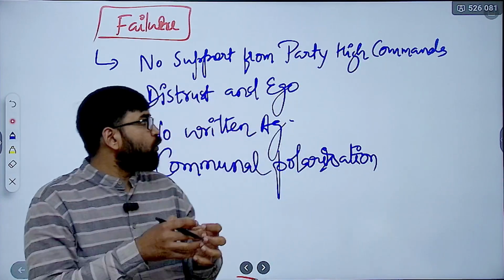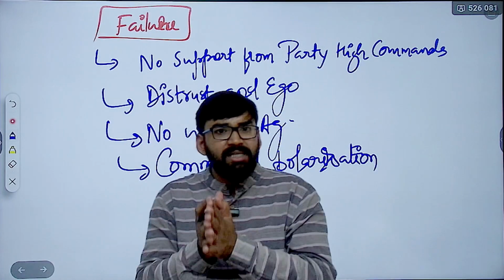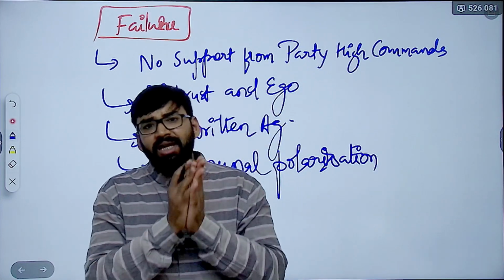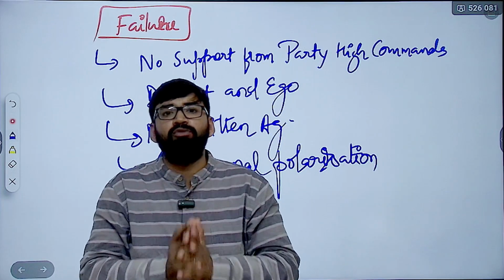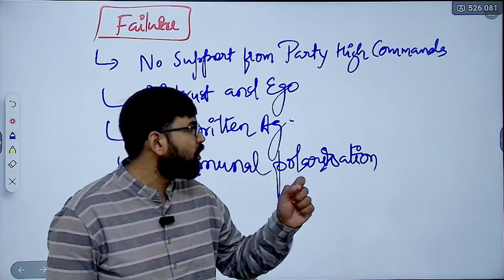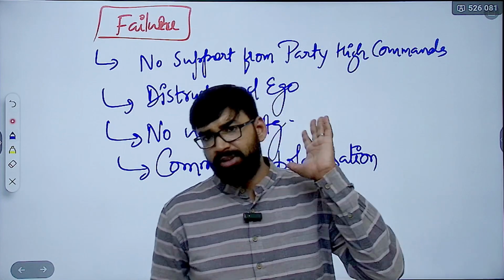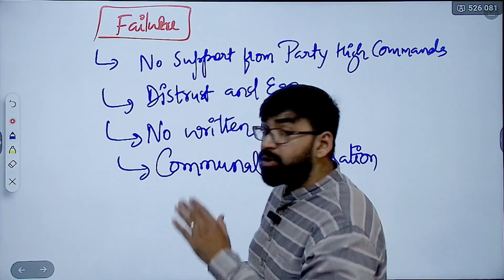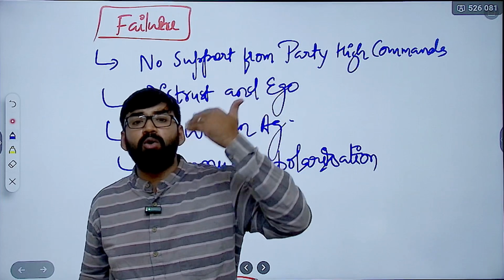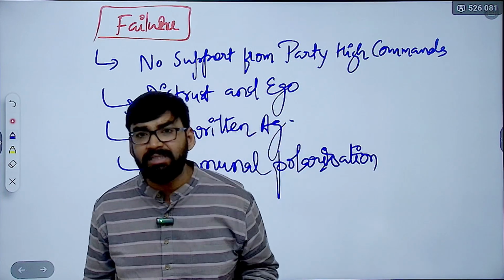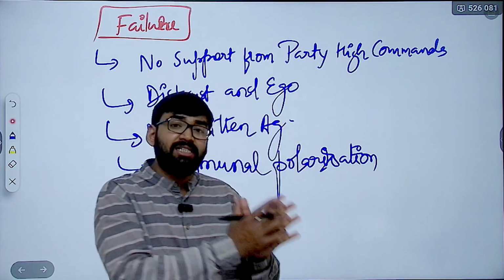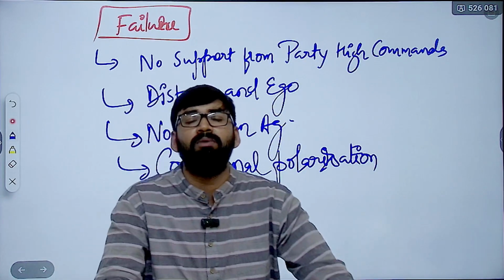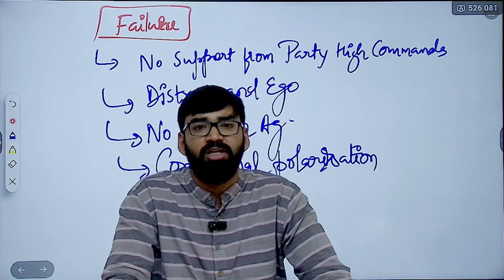The failure reinforced the distrust between Congress and the Muslim League. On the other hand, the Muslim League claimed that it was the sole representative of Muslims, rejecting any Congress cooperation offers. And the Congress top brass became more cautious of back-channel deals. And this event set the stage for the Shimla Conference of 1945.